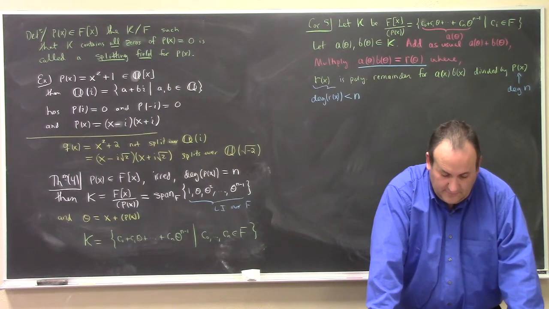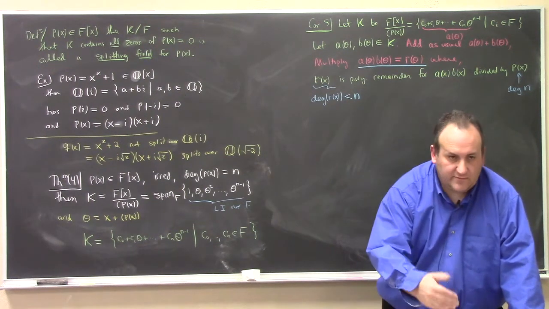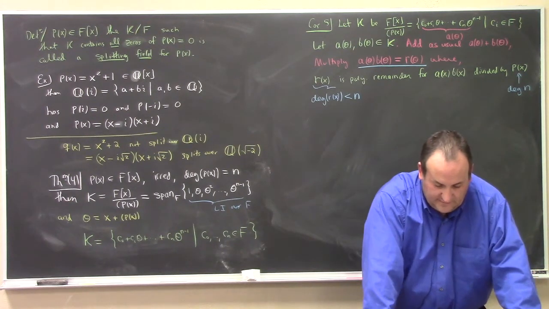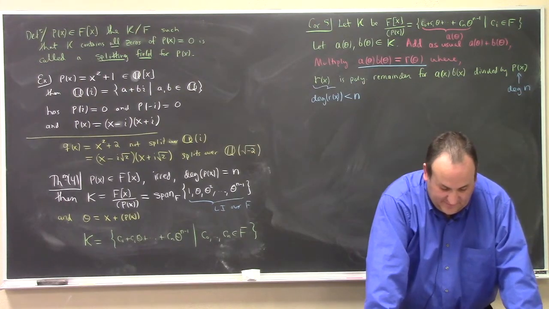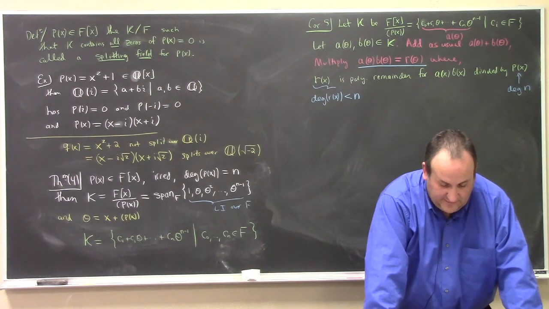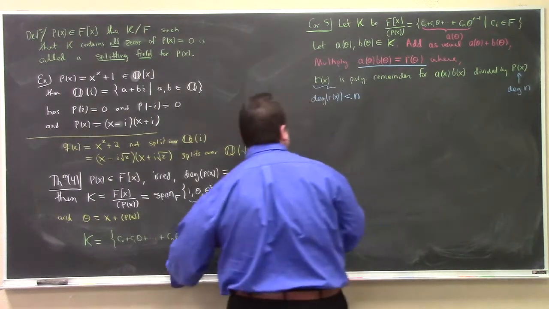His example 1 is just take real polynomials mod x squared plus 1, and he goes through the steps of the complex number construction. His second example is the one I just gave over here. All right, good. His third example is to take the field of rational numbers and look at x squared minus 2. Let's look at that one, Example 3 in his